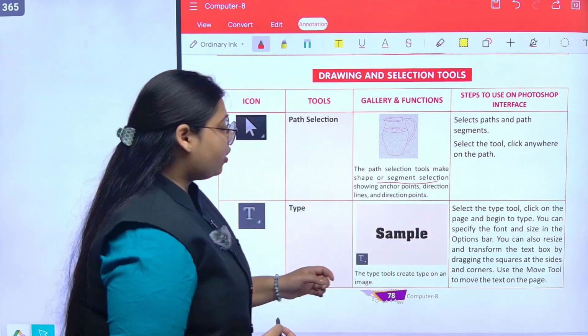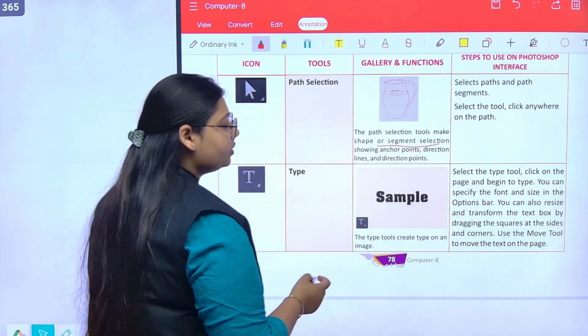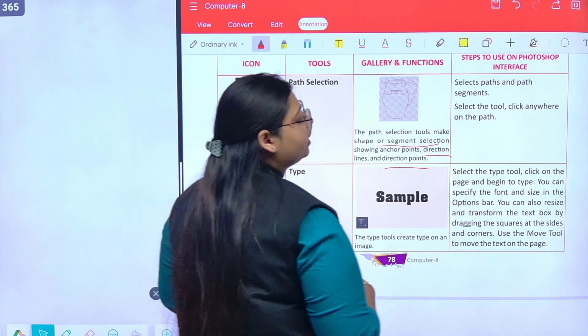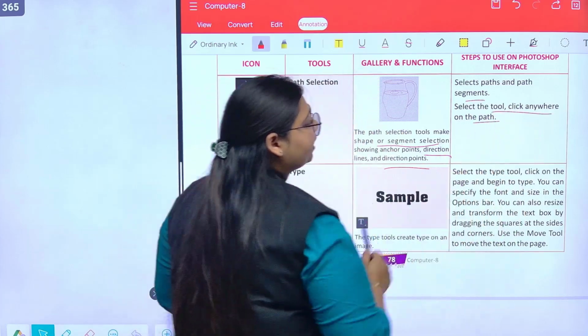ड्राइंग एंड सिलेक्शन टूल्स. पाथ सिलेक्शन टूल हमारे को मदद करता है टू शेप और सेगमेंट सेक्शन शोइंग एंकर पॉइंट्स, डायरेक्शन लाइंस एंड डायरेक्शन पॉइंट्स. हमें सेलेक्ट करना है पाथ एंड पाथ सेगमेंट्स. सेलेक्ट द टूल एंड क्लिक एनीवेयर ऑन